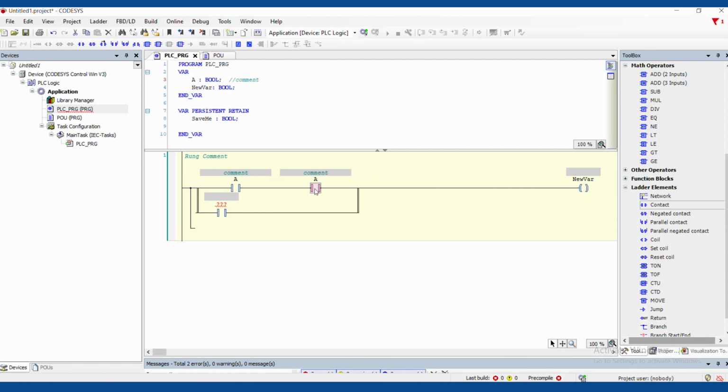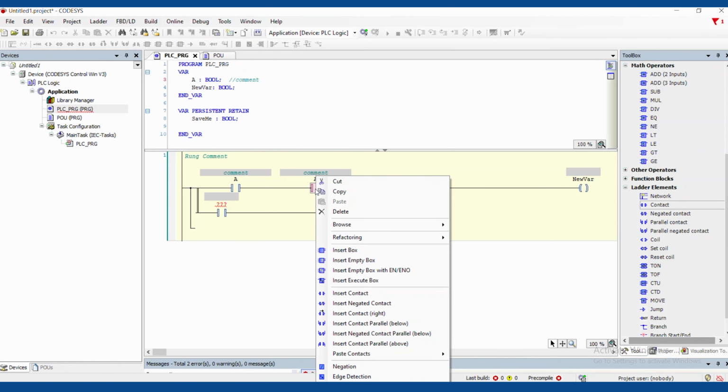Here's another tidbit for you. If you have a normally open contact like this and you want a normally closed contact, you can use the / key on the keyboard. This might be the only keyboard shortcut I tend to use in Codesys. So it goes the other way also. Normally open, normally closed. Or you can right click and